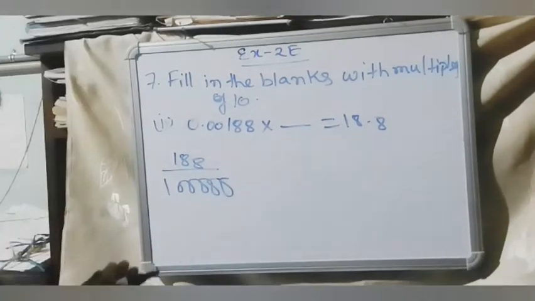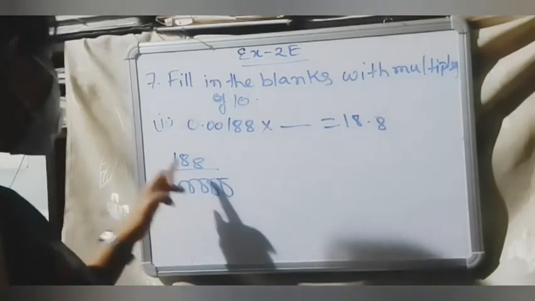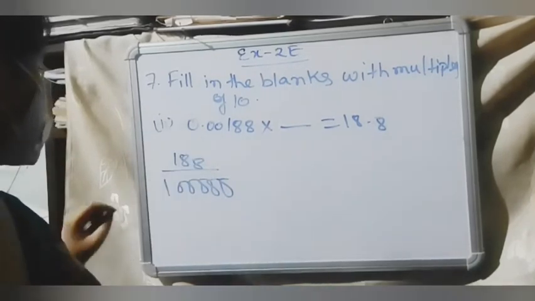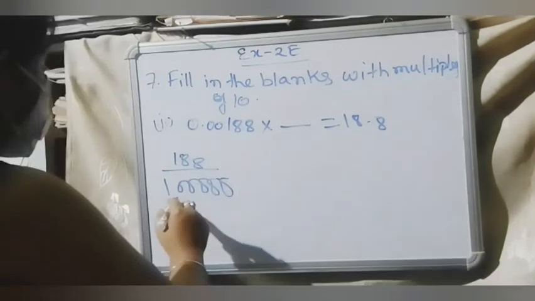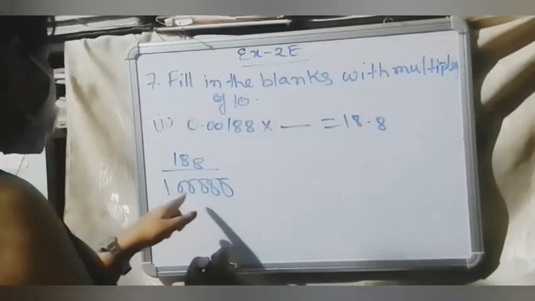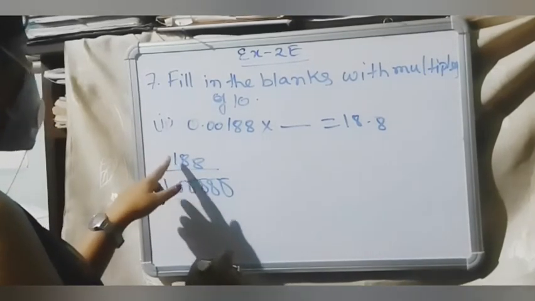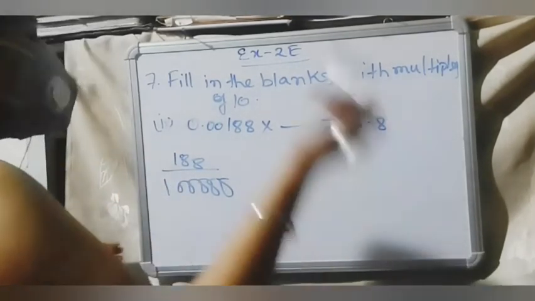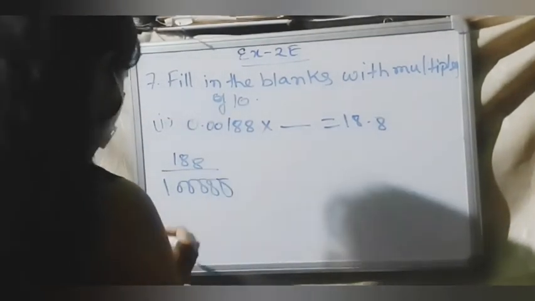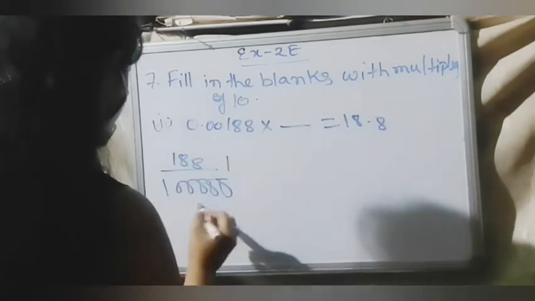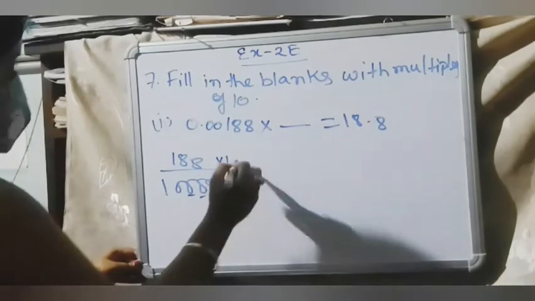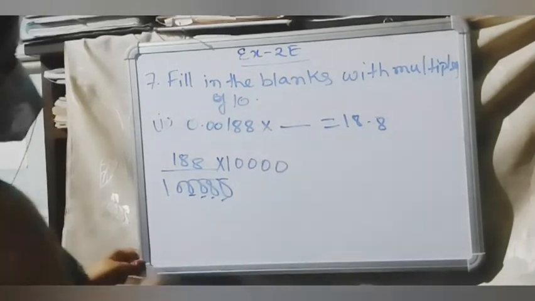Now you think, you will multiply by which number so that after the decimal you will get 1 digit. If you multiply with 10, you will get 4 digits. If you multiply with 100, you will get 3 digits. If you multiply with 1000, it is the same. So which number? Simple. You will write 1. After that, how many digits are there? 4 digits. This you multiply.